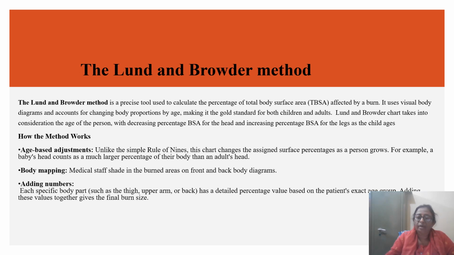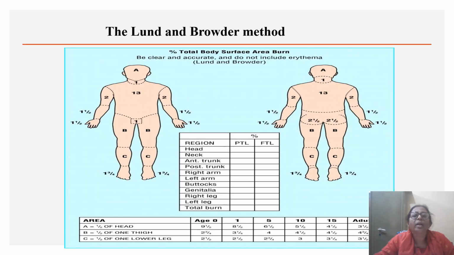So in newborns and children, because of the larger size of the head and small body surface area of the limbs, the rule of 9 is not applicable. So Lund and Browder chart simplifies the calculation of total body surface area in children. So it takes into account the variation in the body surface area of different parts of the body in different age groups. So it is common to see patchy burns making calculation a difficult proposition. So for this, Lund and Browder takes into consideration the patient's age for calculation of the surface area of the burns involved. This is the Lund and Browder method.